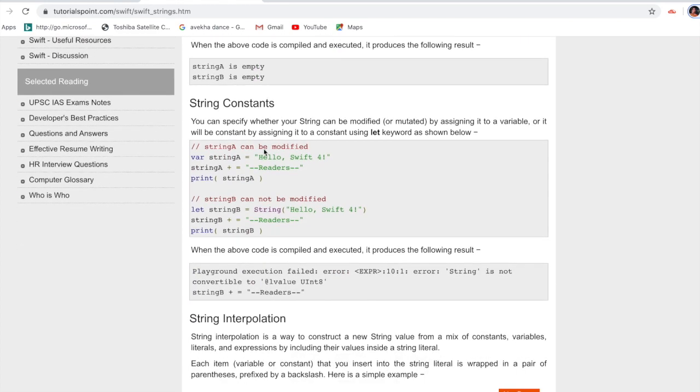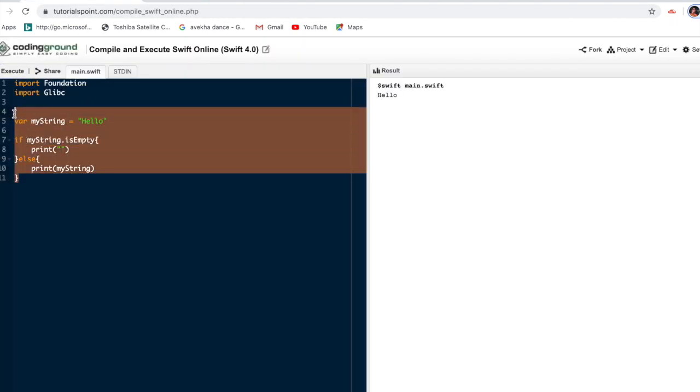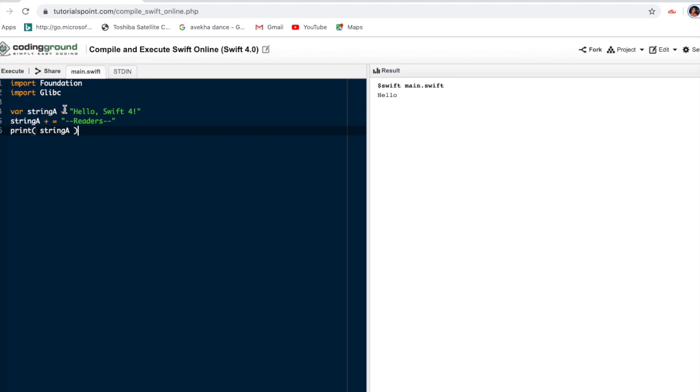Okay, next is the string constant. A string constant is very easy to understand. I'm assigning one variable. First I'm giving this, and in this string I need to add something, any string. Then what is the output? This is the output. Simple. My string is equal to hello.